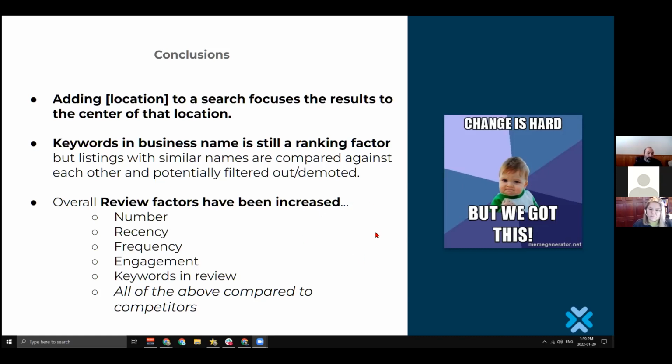So let's talk about the reviews. So the reviews that I'm saying, it's not a new ranking factor. It's always been there, but I think that has been increased, and it makes sense because 2 months ago, and